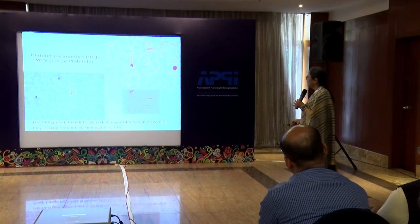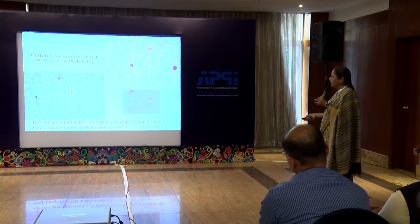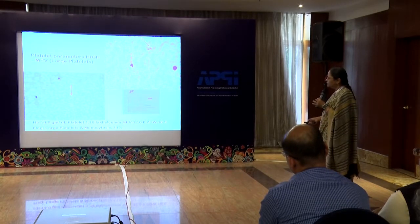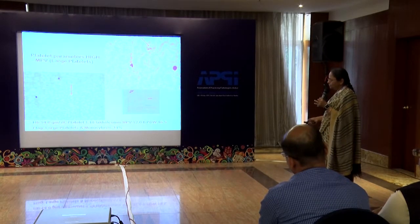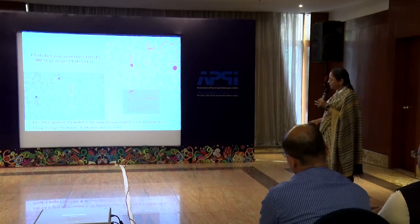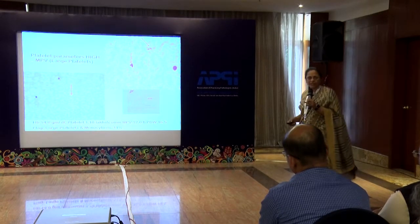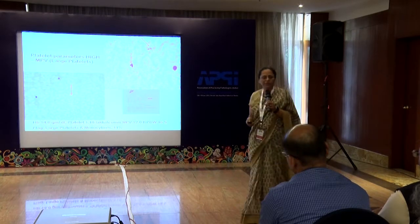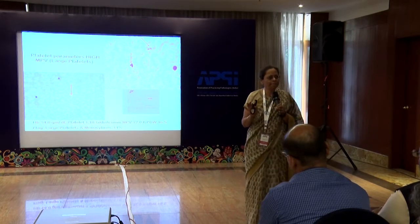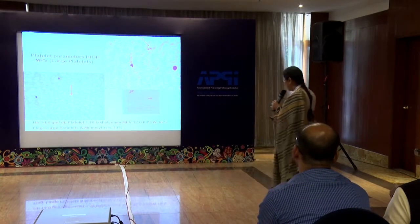Okay, platelets. The instrument has shown a high MPV, but look at the difference between a large platelet. There is a platelet here which is almost the size of the red cells that are surrounding it. So this kind of a large platelet can be seen with thrombocytopenia, very typically in ITP. Now here you have